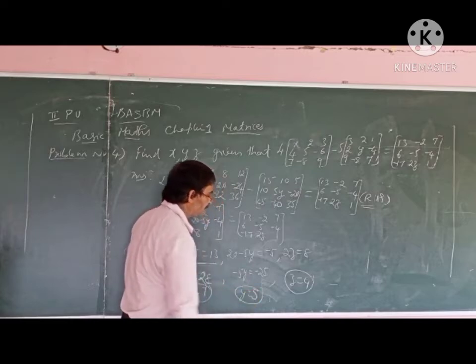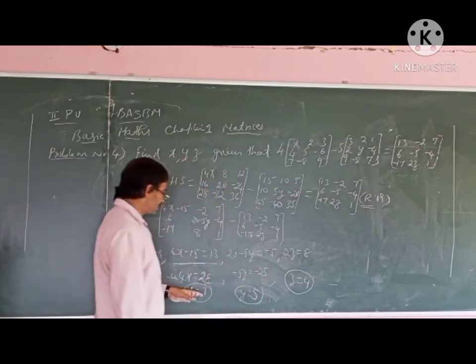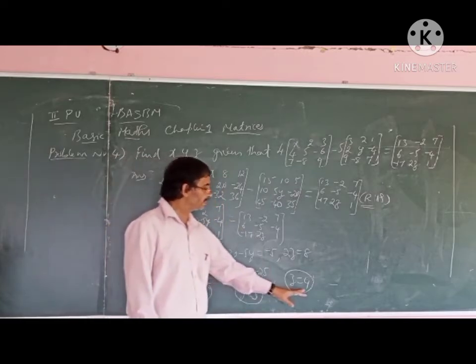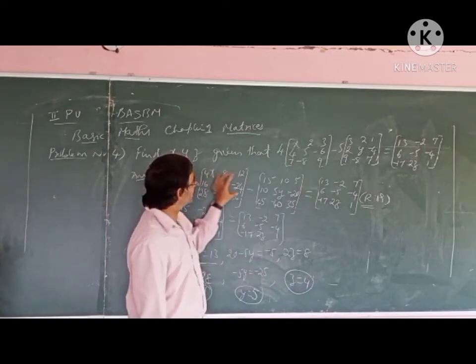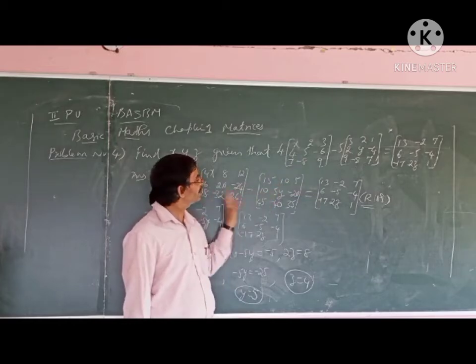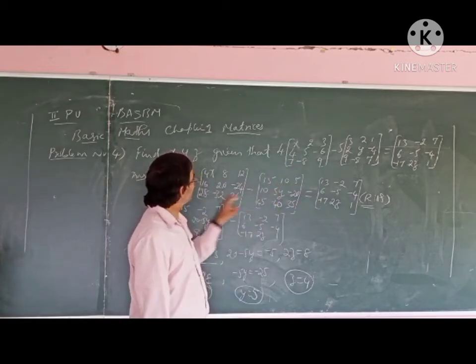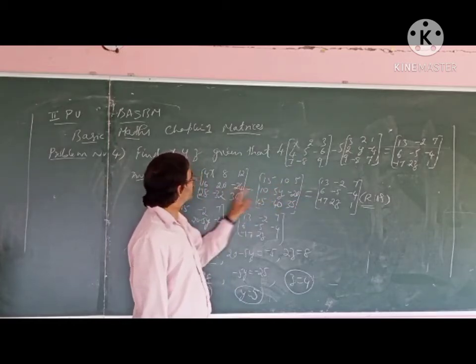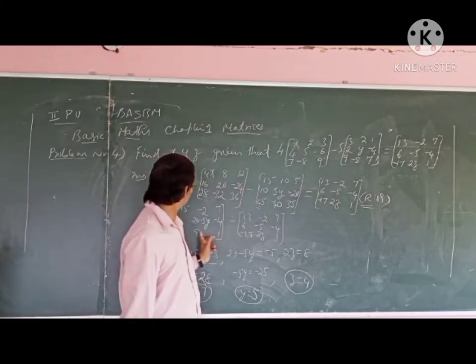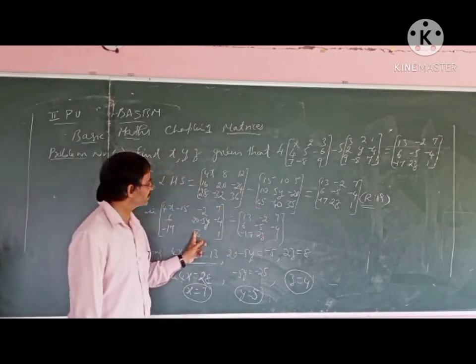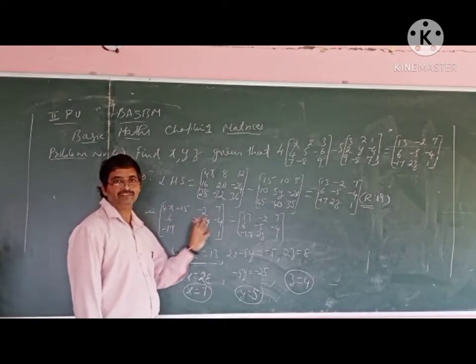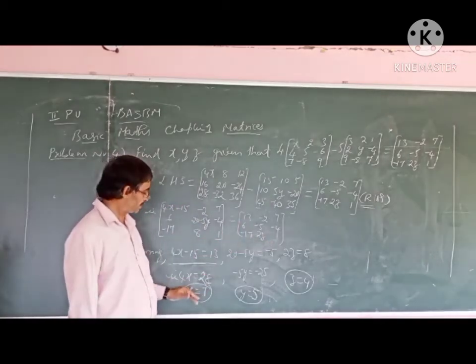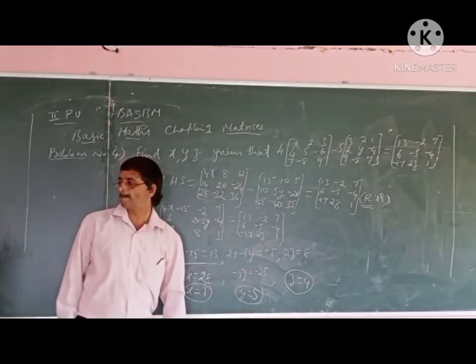So we are able to solve and got the values x equal to 7, y equal to 5, z equal to 4. Again, briefly, just expand whatever is given on the left hand side. Then subtract one from the other. This subtraction is done here, so we will get it like this. This is after subtraction. Then compare the corresponding elements of the left hand side and right hand side. Then get the values of x, y, z.